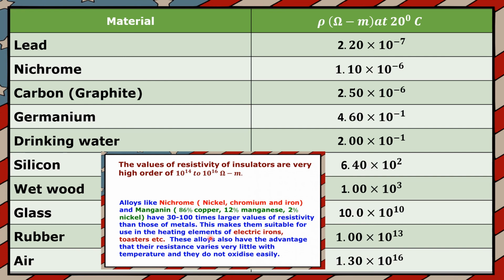So this makes them suitable for use in the heating elements of electric irons, toasters, etc. Okay, so these alloys also have the advantage that their resistivity or resistance varies very little with temperature and they do not oxidize easily. For that reason, they are used for heating elements like electric irons and toasters, etc. Okay, lead, nichrome, like this. Okay, next,